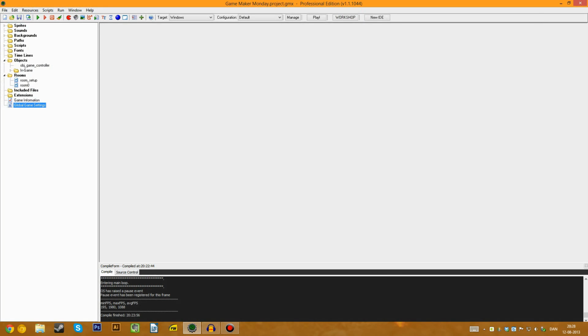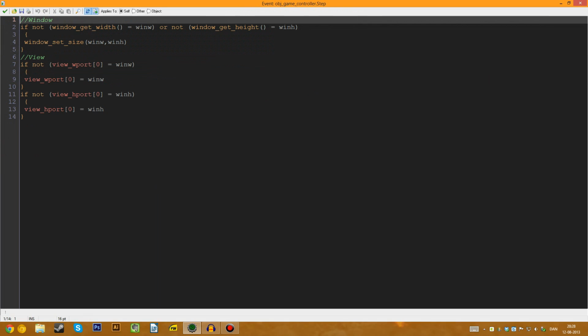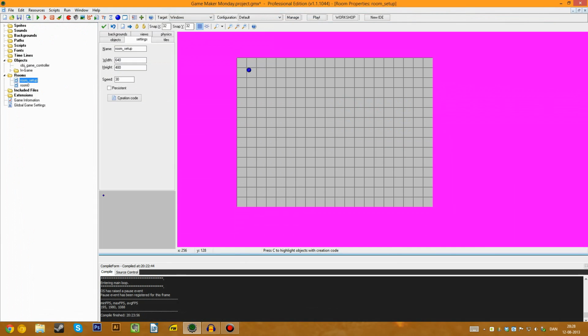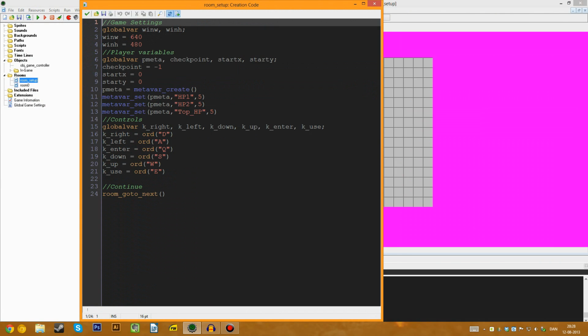Today we're gonna make some of the more behind the scenes things, the camera and stuff like that. So some of this window size stuff, and to do that we need to go back here and in the creation here